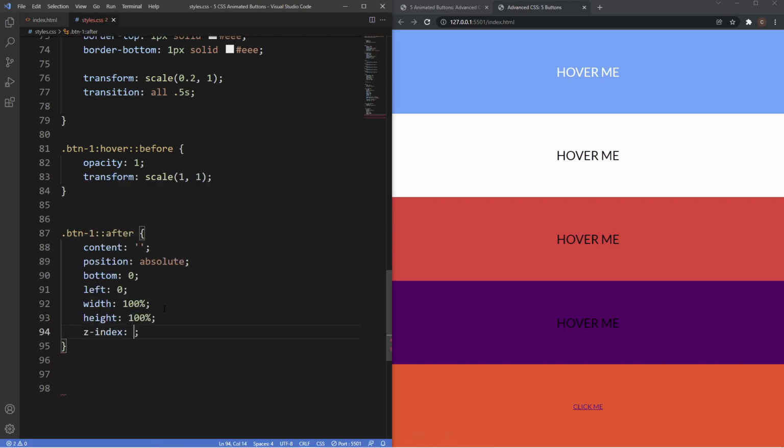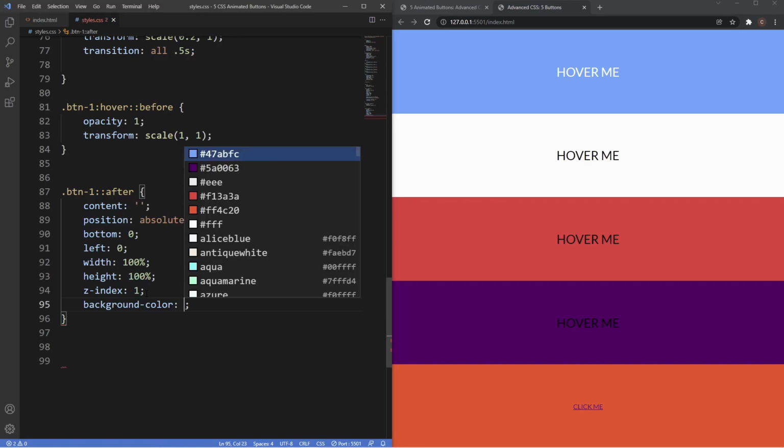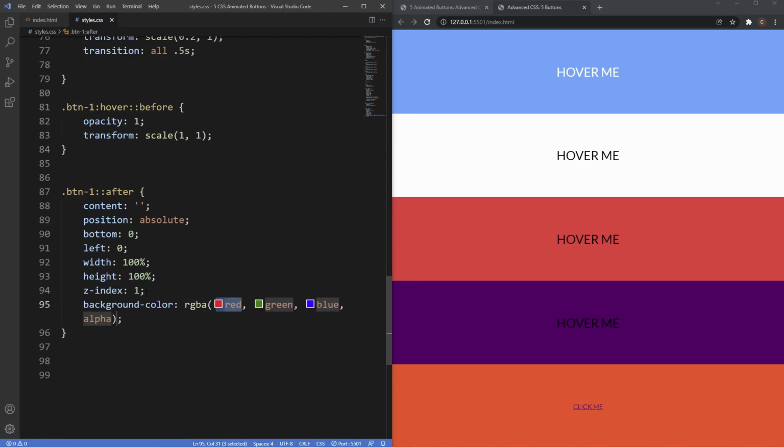And then for the Z index, we'll also give this a Z index of 1 because we want it to sit on top of the button. And then what I'm going to do is give this a background color. We're going to give it an RGBA value, because the good thing about the RGBA value is that it gives us the alpha property, which can mean that we can make our color more transparent. So we'll say RGBA, and then for red we'll have 255, 255 for green, 255 for blue, and then for the alpha we'll say let's say 0.1,